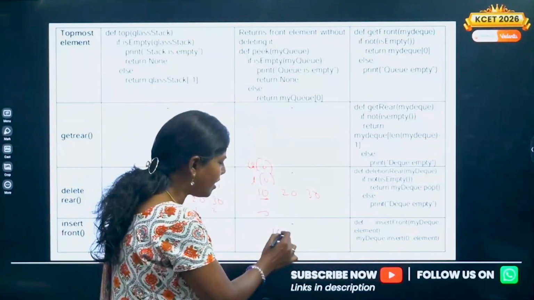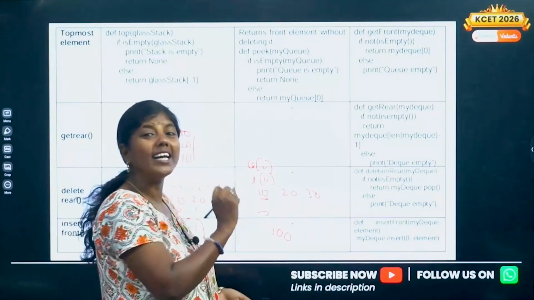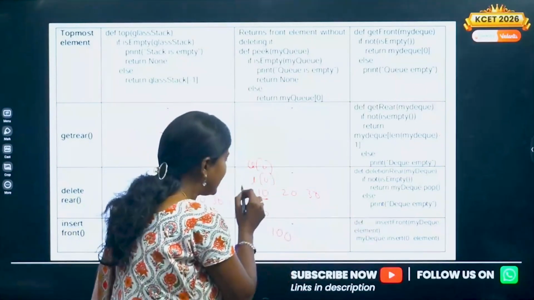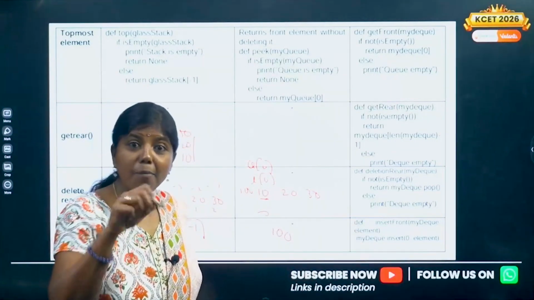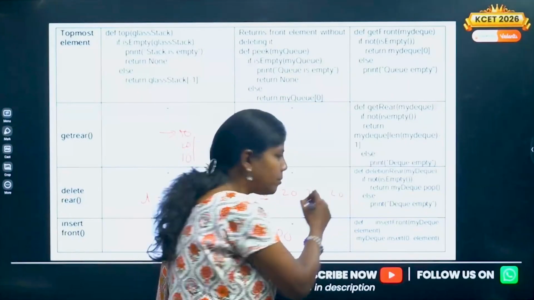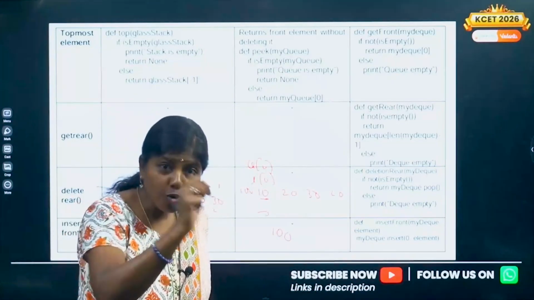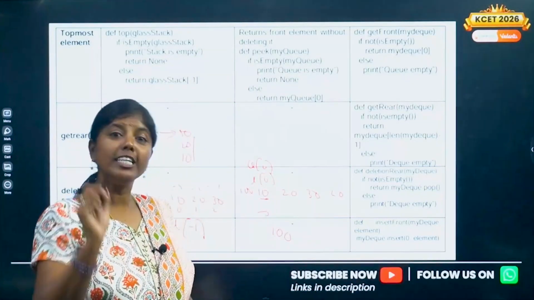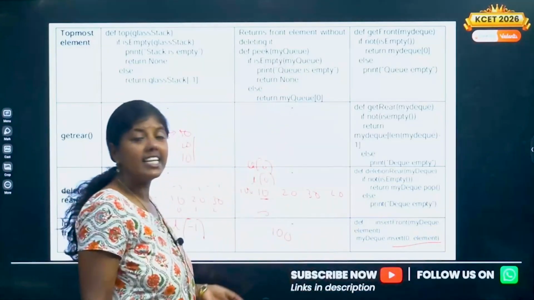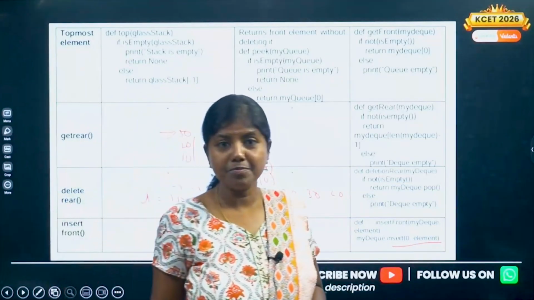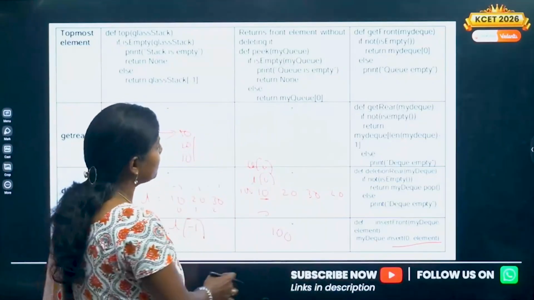Insert the element 100 here. Give the index, insert 100 here, and the other elements will shift, 40 will be coming here. Wherever, according to your requirement, if you want to insert, you can use the insert function, which takes the index as well as the element to be inserted. Clear? So we'll go for the next topic.